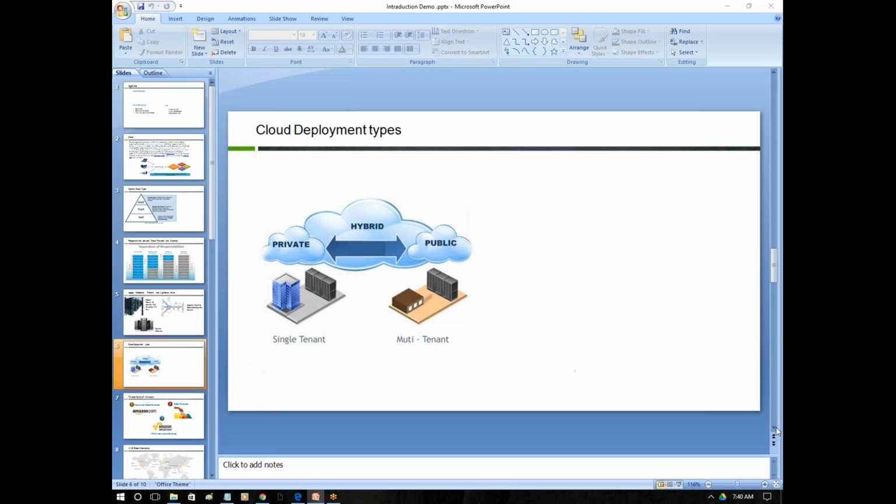Why hybrid cloud? Because I am using private and public, and I have connectivity between these two to work seamlessly, to access any services that are there in private as well as the public. That's what I do. Okay,